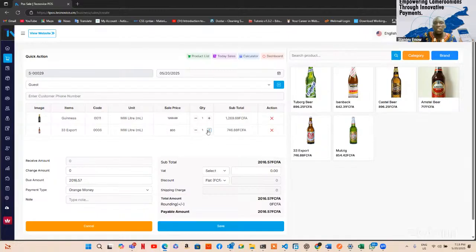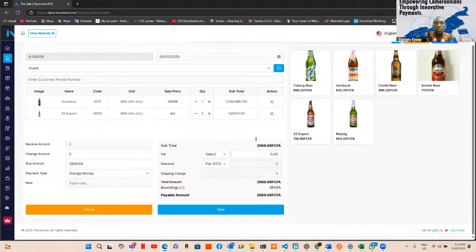Then I can increase the quantity and it's going to add up automatically on this end. Therefore, we have a full list here, and I can choose to say there is a VAT that needs to be applied on it. So that VAT is applied, and then I might want to give a discount. Oh, and I give a discount of, let's say, 300 francs. And if this person wants delivery, I could say my delivery charge is 500. All of that sums up and adds to the total. And we can see here the total is about